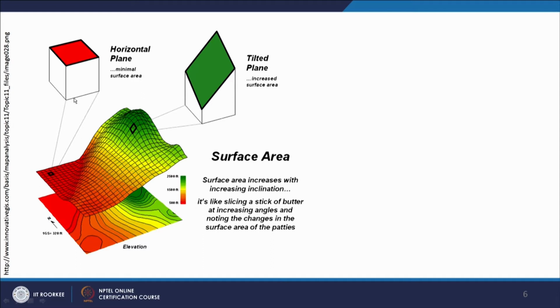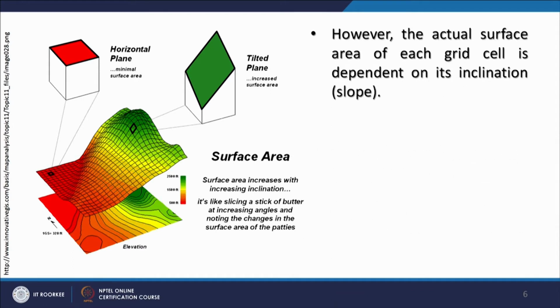So the planimetric area is always less than the tilted plane or tilted area. So the surface area increases with increasing inclination. This we can conclude very easily. But in case of topographic maps as shown below, where we use just simple contours, such calculations to high accuracy are not possible. So the actual surface area of each grid cell is dependent on its inclination, that is